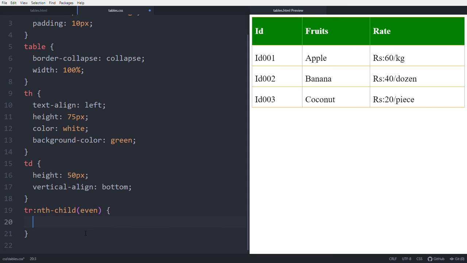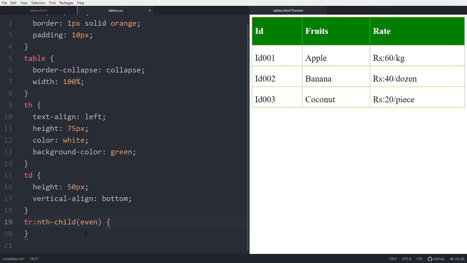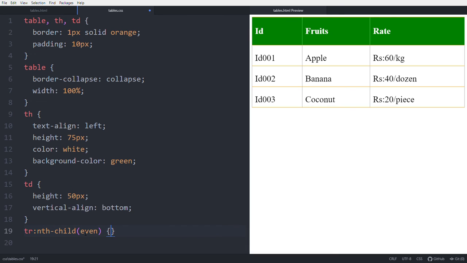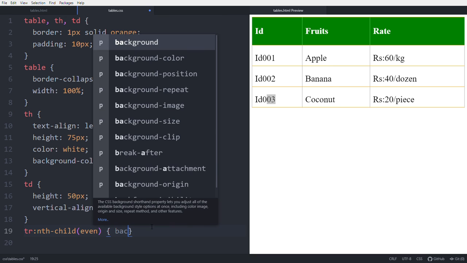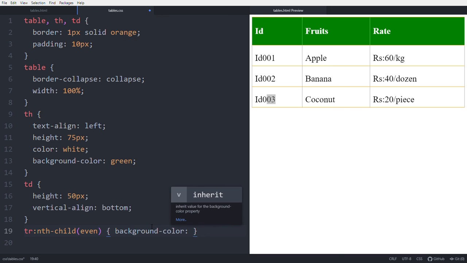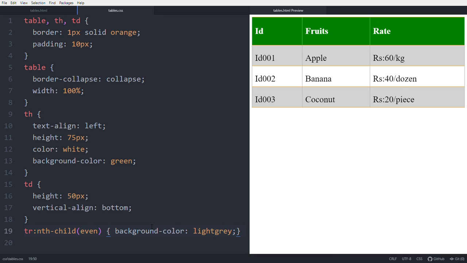See, this is pointing to the even ones, like this one and this one. Make the background color light gray. See, it became light gray like this.